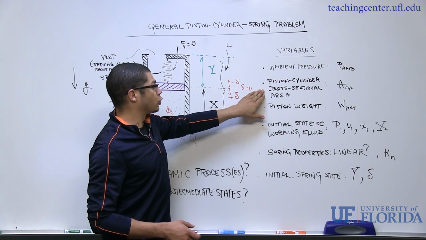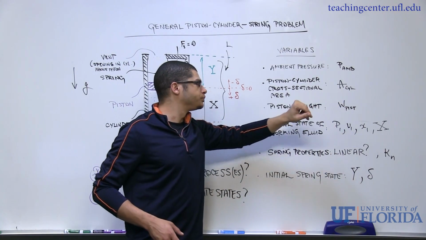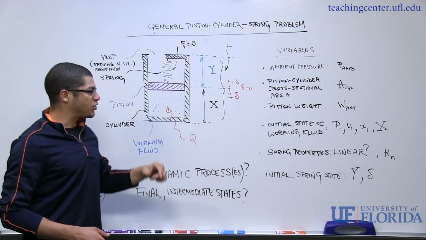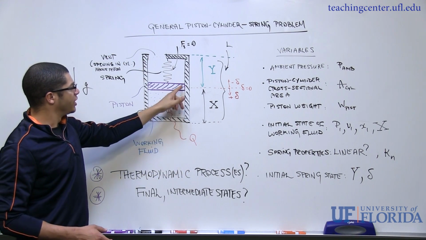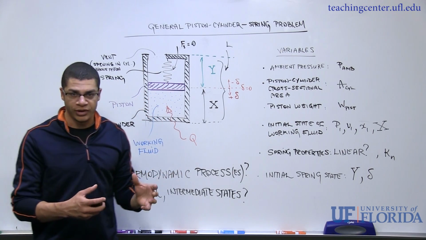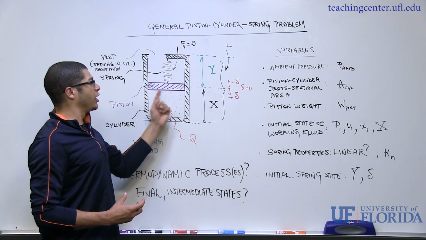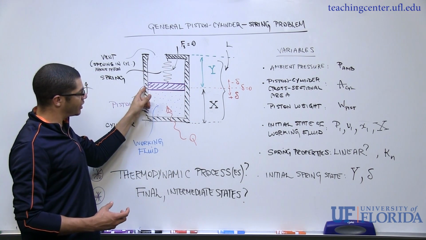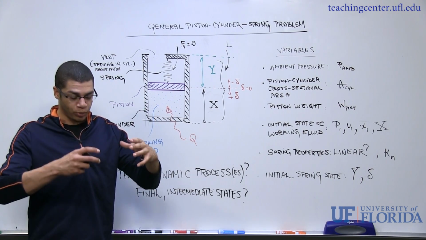Also, we may be given or have to derive the piston cylinder cross-sectional area, and I've listed over here as A CYL. We may also be given the piston weight, W piston, which, as I mentioned previously, if we're in a gravitational field and say the gravity is acting downwards in this direction, then this piston is going to experience a force. The force is going to be transmitted through the fluid, and if we divide that force by the wetted cross-sectional area of the piston cylinder, so it's the same as this area that the piston is fitted in and the area of the piston itself, so that F over A